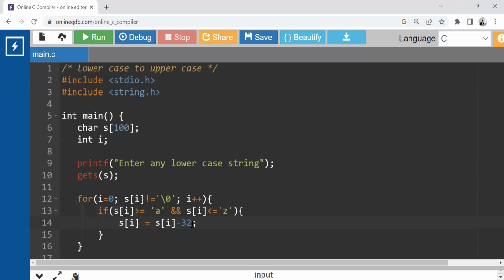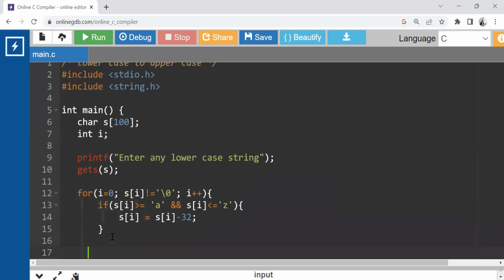So if I subtract it like that, it is going to convert that particular character into its uppercase character, and it is going to iterate up to the complete string. So that complete string would be converted into uppercase, right? And thereafter we can put a simple printf function, and in that printf function we can write, right, what we can write,